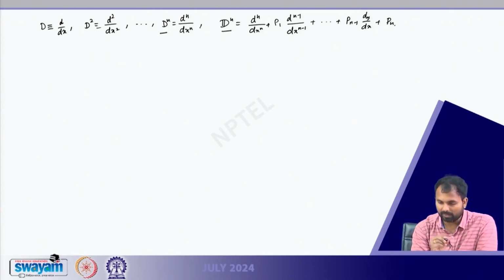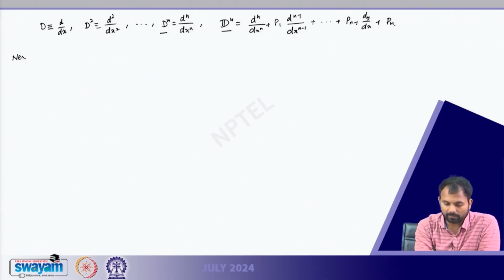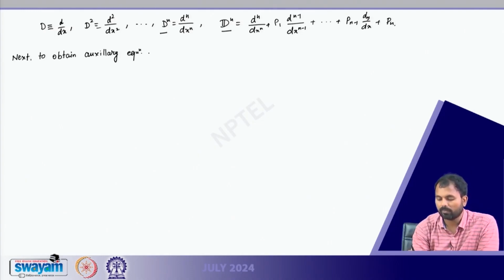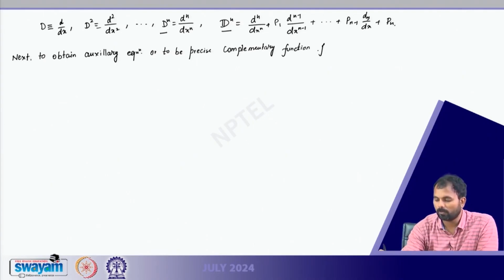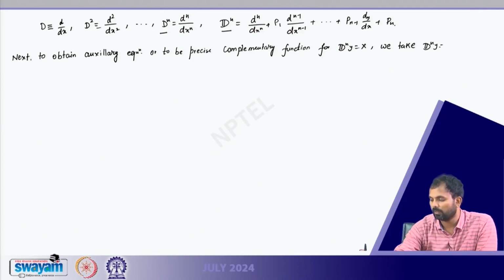Now when we have Dn y equals capital X, next to obtain the auxiliary equation, or to be precise, the complementary function for Dn y equals capital X, we take Dn y equals 0, and from here